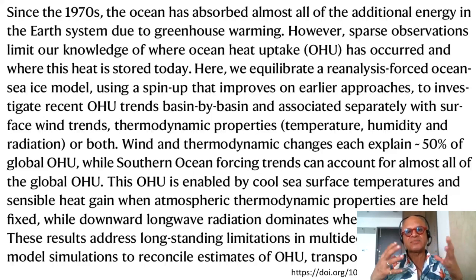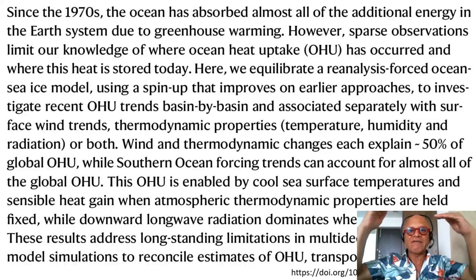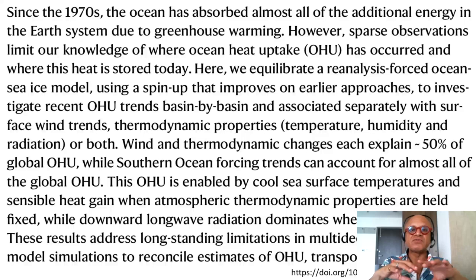And because the data are sparse, and especially as you go back in time you don't have deep ocean data, the estimates of where and how the heat uptake happens and how it is transported end up being different in different products. This can matter a lot even in coupled models, where the energy imbalances can create the so-called drift, where as you keep integrating the models forward they have an energy imbalance at the top of the atmosphere, which has nothing to do with the greenhouse gas forcing or volcanoes or solar forcing and so on. These drifts can be problematic.